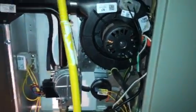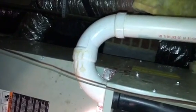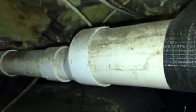But to show you what I mean, the 2-inch comes out of the furnace and makes a complete U-turn here, 180 degrees. There's 2 elbows there, and there's another 2-inch elbow there, and then we quickly go to 3-inch right there. This right here just looks a little restrictive to me, and I believe had we just put 1 elbow here going this way and then came over here and cut into this pipe and immediately went to the